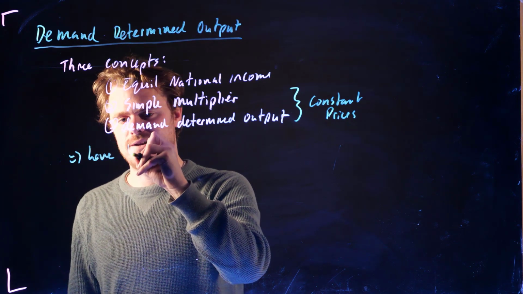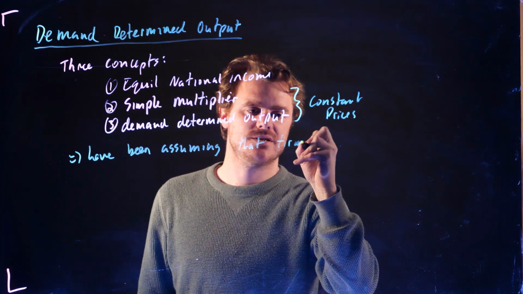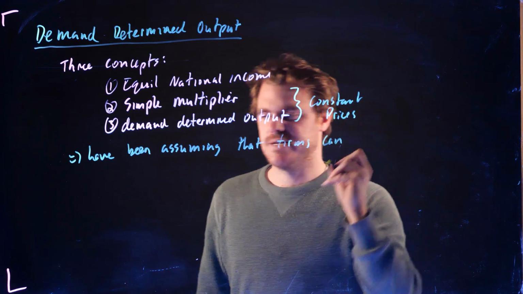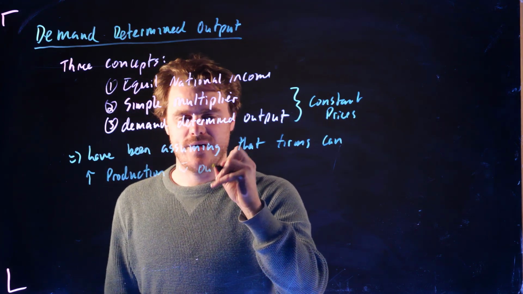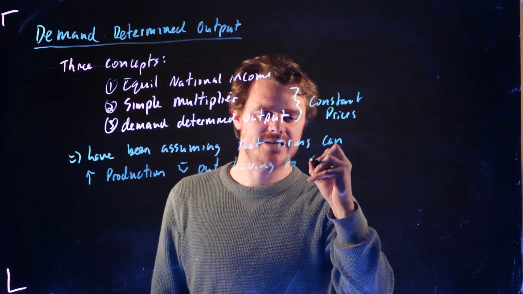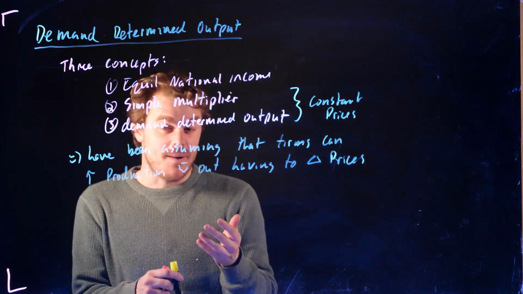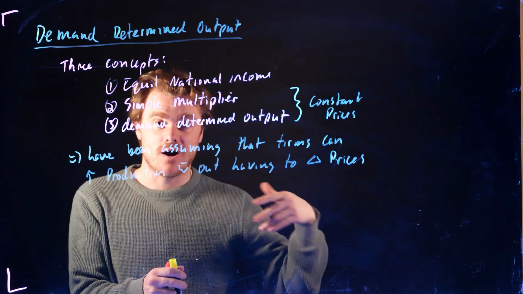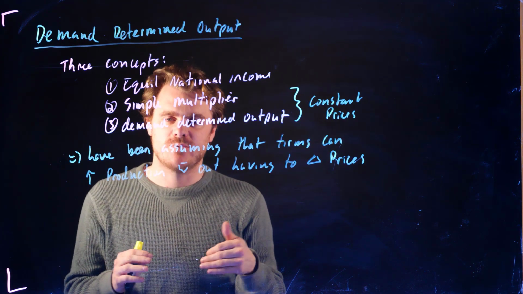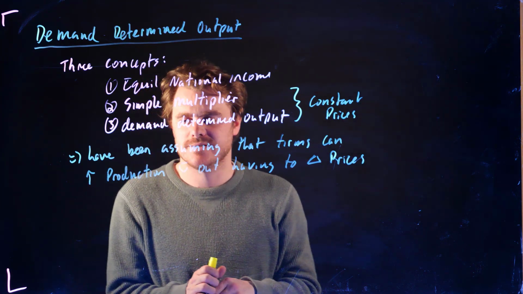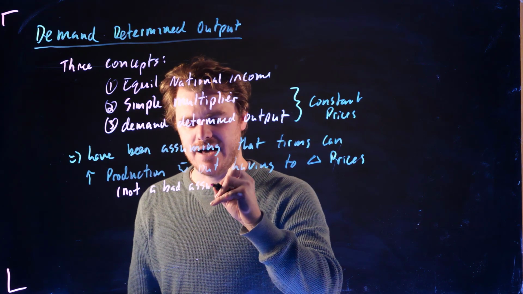So we've been assuming that firms can increase production, for instance, without having to change prices. This might not be a bad assumption if we're really far below potential output. There might be lots of quote unquote slack in the economy, or slack in production, where firms can ramp up production without having to raise costs. Not a bad assumption